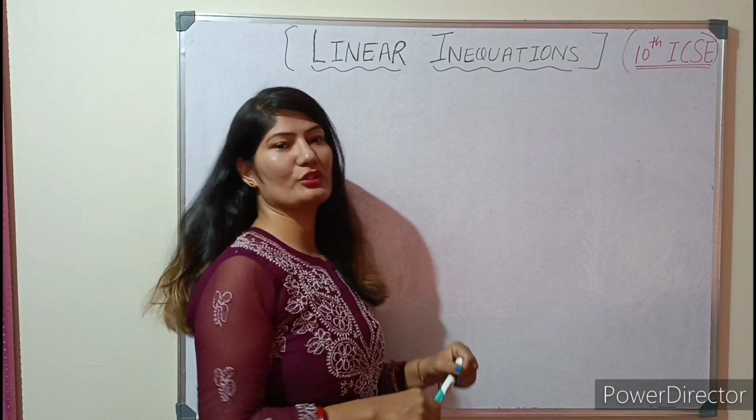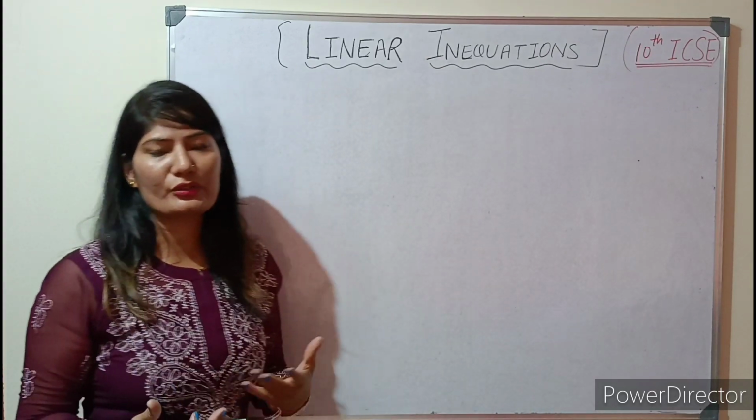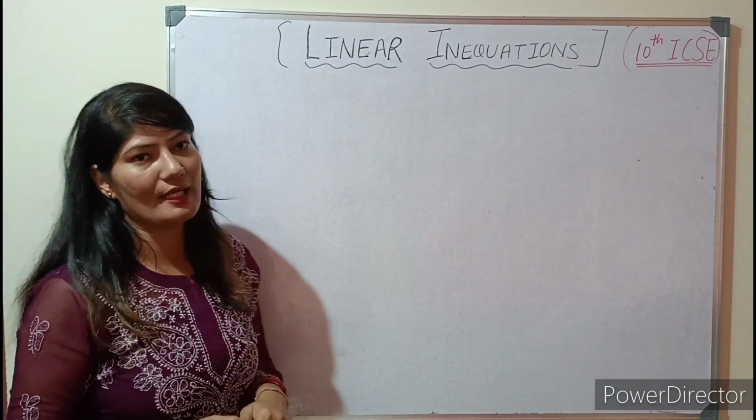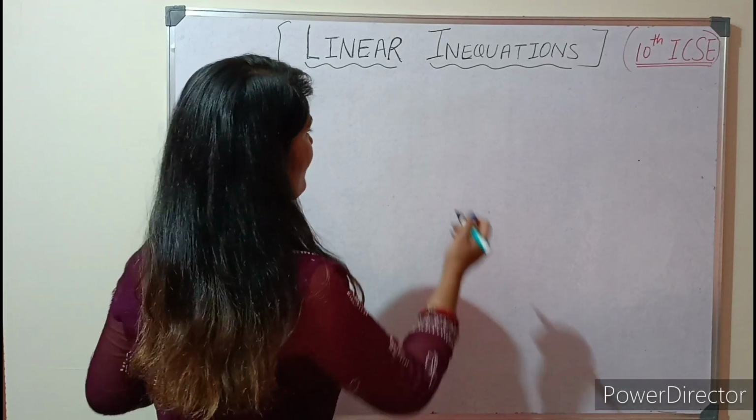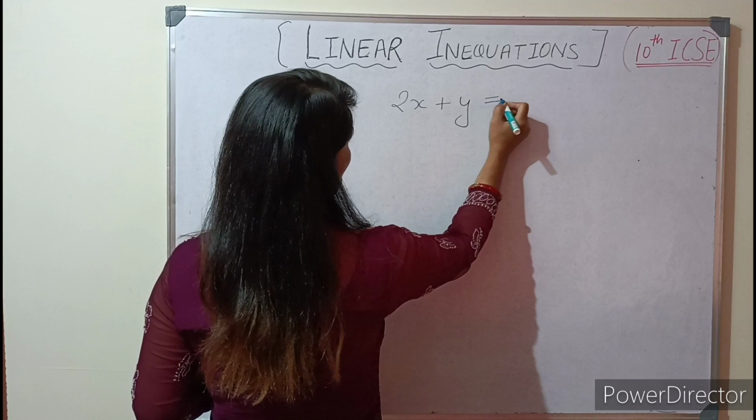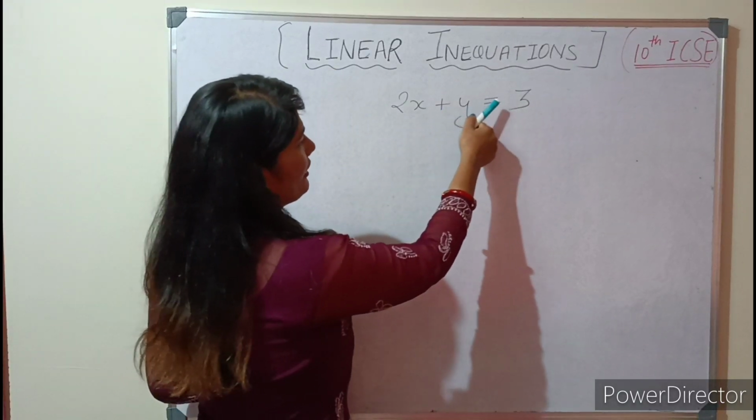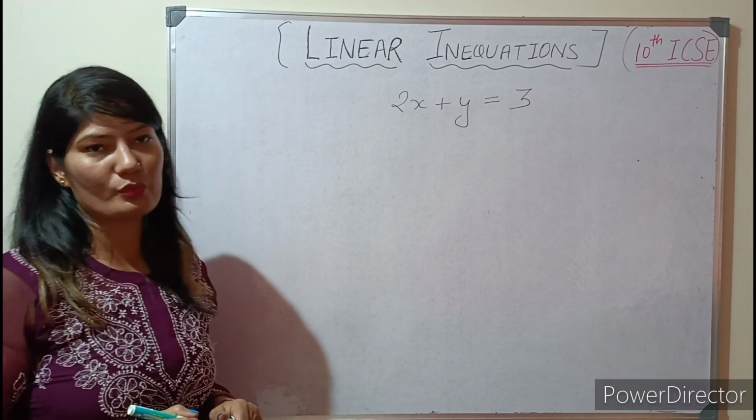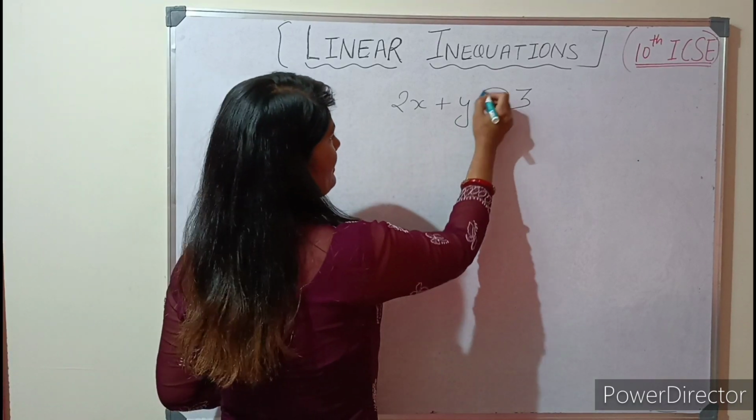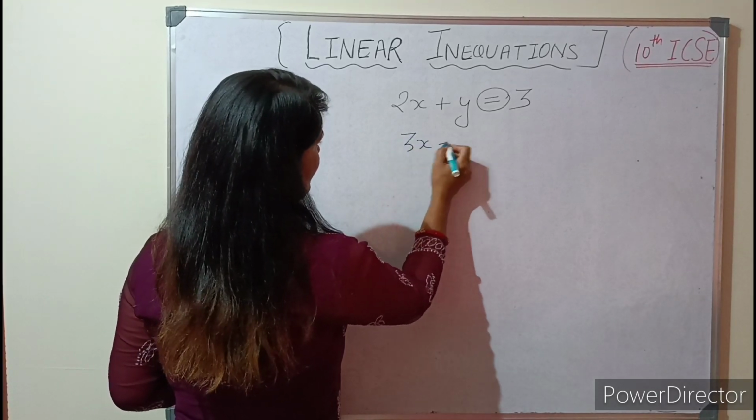So today in this video, I'm going to start a new chapter, that is linear inequations. So basically, you must have studied in class 9th about linear equations. If I write an equation in this way, 2x plus y is equal to 3, so here this 2x plus y equals 3 is a linear equation because here the sign is equals to. Clear? Now if I write an equation in this way,